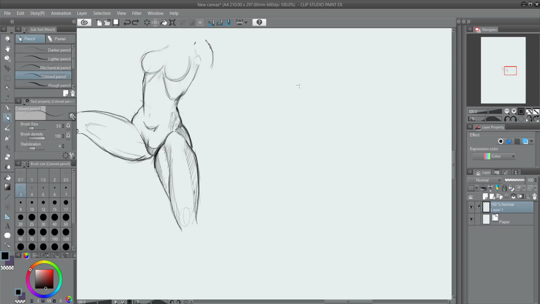All right, so let's go ahead and throw in some basic shapes here. This is kind of a side view of the rib cage, let's say, and then kind of where it's going to connect to the hips. The hips from the side view are a little different. It's more like this here, kind of like a box almost, or a bell or something, right? So if we have that there, we come down here to the actual crotch area, which we're going to cover with the leg, and the back comes around like this. And we'd have the shoulder deltoid coming in here.